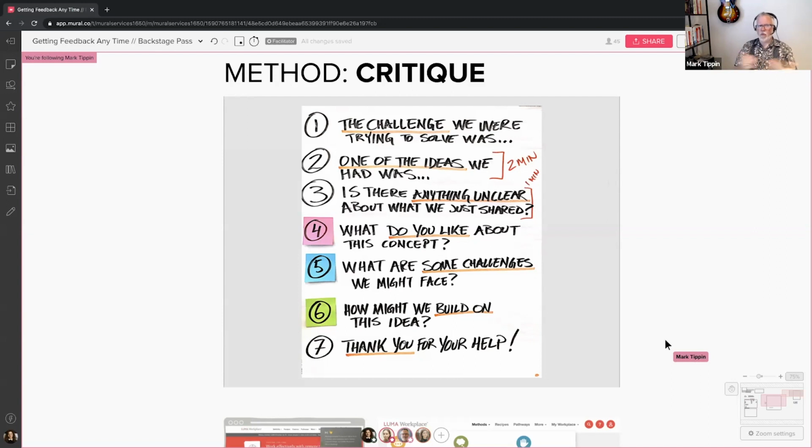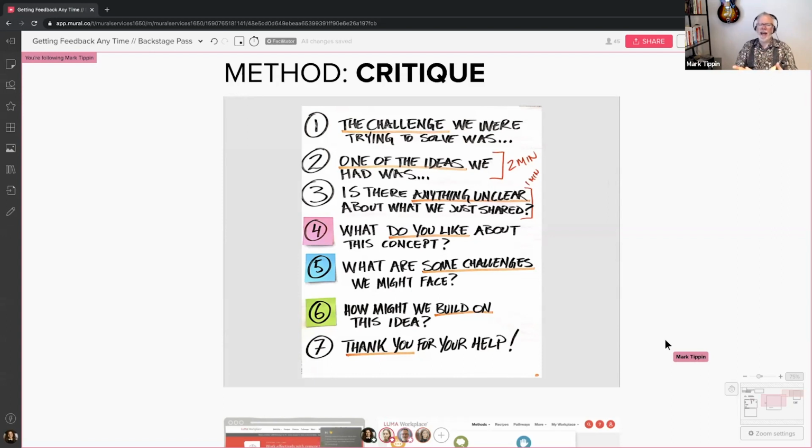So first of all, what did you like about it? The cool thing about Mural is we could place the rose-colored sticky note feedback right on the template. So you can say, I liked this, and put it right where that part of the canvas is. If you have general, overall comments about it, you can also put them around the border of the thing, whatever protocol you want to use.